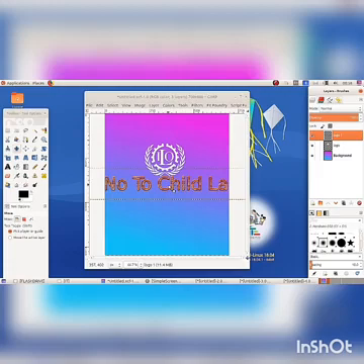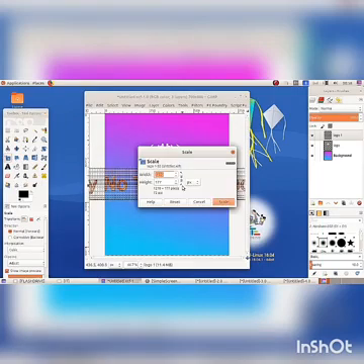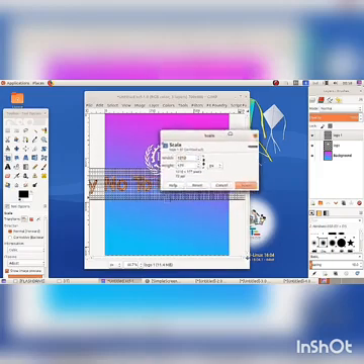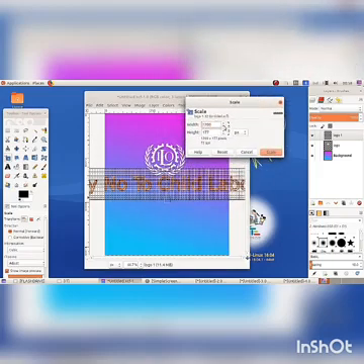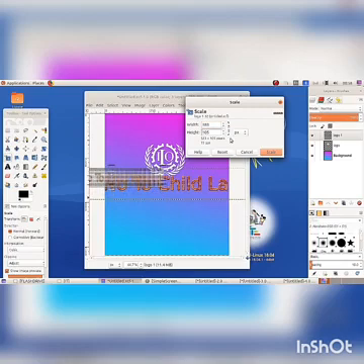Then change the size of the logo using Scale tool. Click on the Scale tool from the toolbox. This is the Scale tool. Then click on the layer Logo 1. Then change the width and height of the layer.